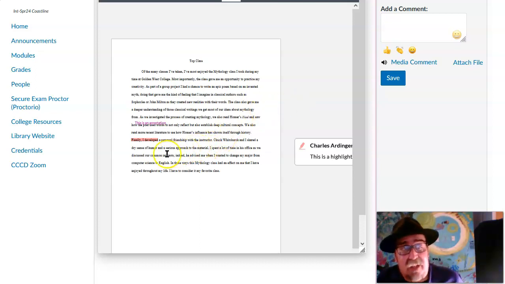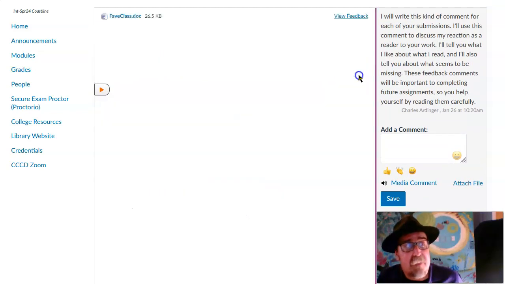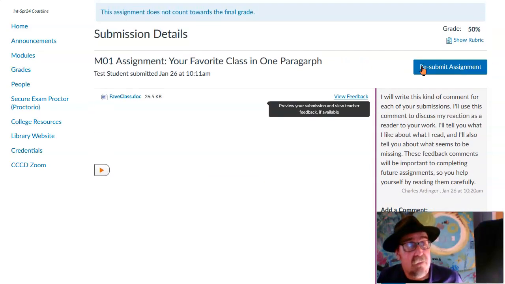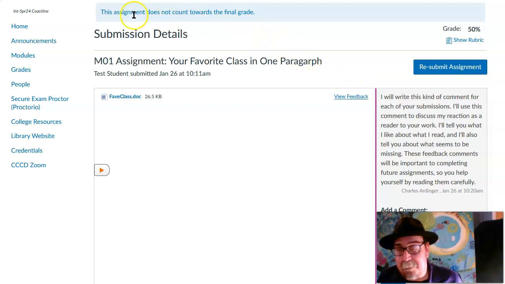I also have highlighted annotations. You see this bit of text is highlighted, and that highlight leads to this text box over here. I will use that for longer annotations, longer comments that I have to make on what I see in your paper. And again, looking at these can help you progress in further assignments by giving you advice on how to proceed. So again, the way to get feedback from me is to go to the grades link, look at the comment, look at the rubric, and look at the feedback. That's one way that I have to communicate with you.